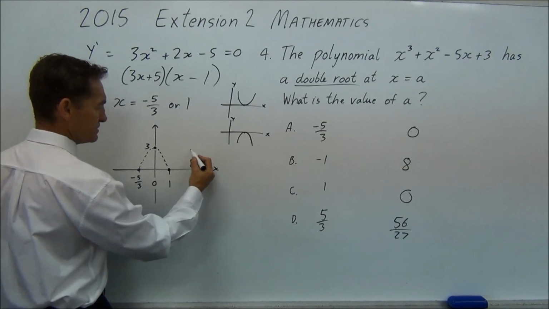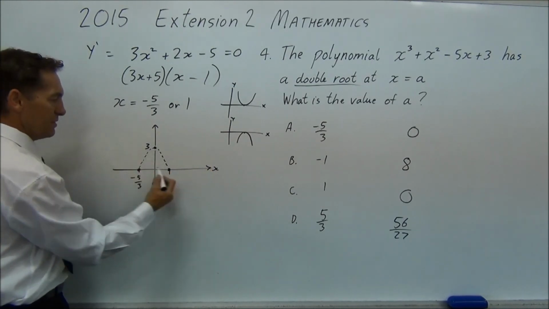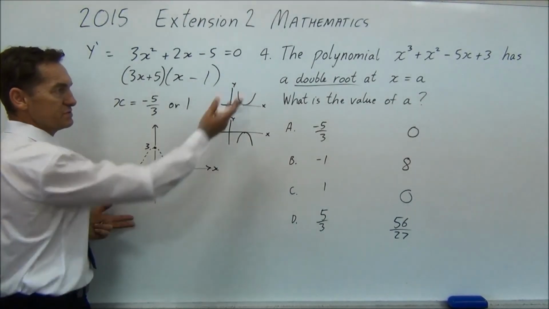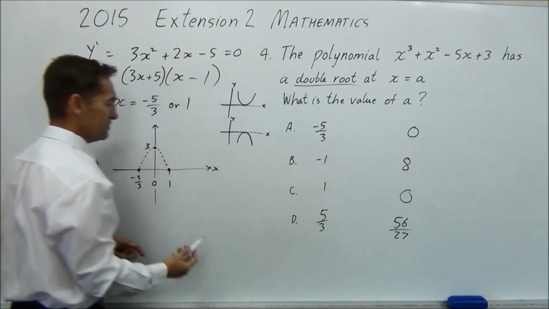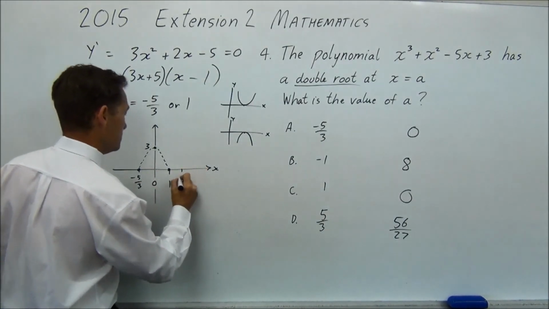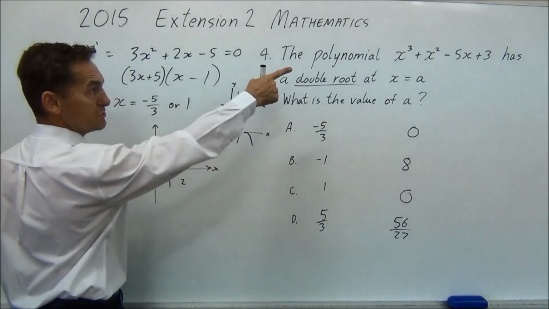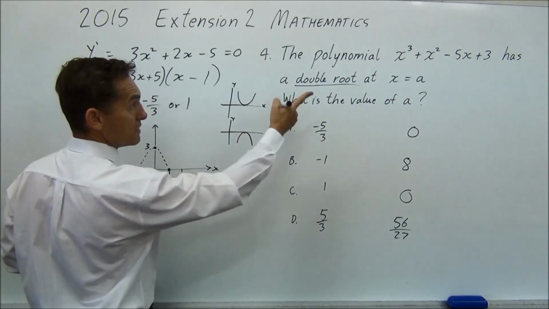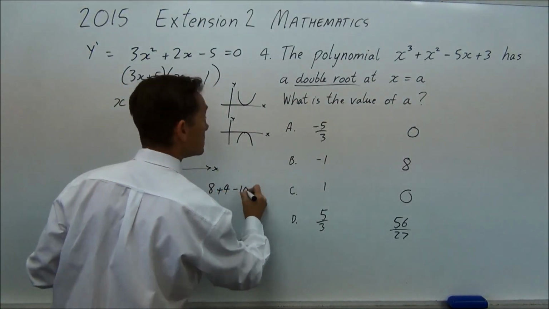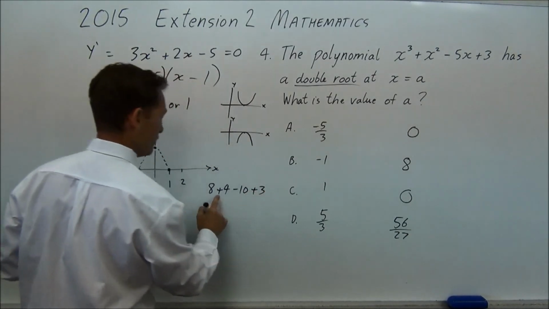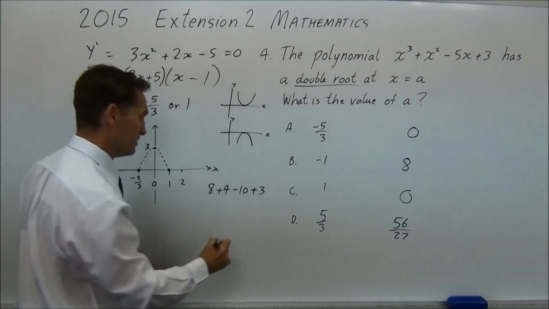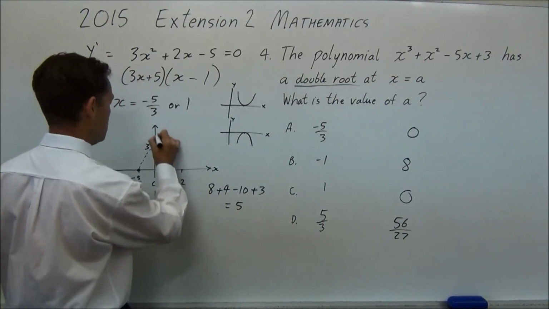Now you don't know whether this side's going to go up or this side's going to go up. One of them's obviously going to go down because it passes through it, because you can't have 2 double roots in something which has only got a power of 3. So which one's going to go up? Just put another point in. Let's try 2, put in 2, and what do we get? 2 cubed is 8, 2 squared is 4, minus 10, 5 times 2 is 10, plus 3, that's 12, take away 10 is 2, 2 plus 3 is 5, so this point here is at 5,